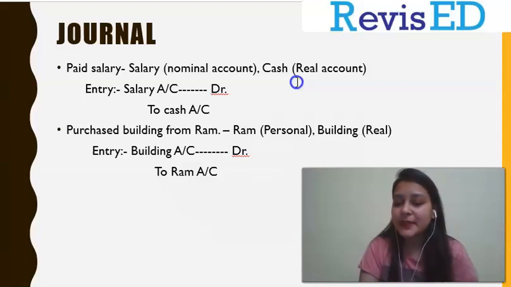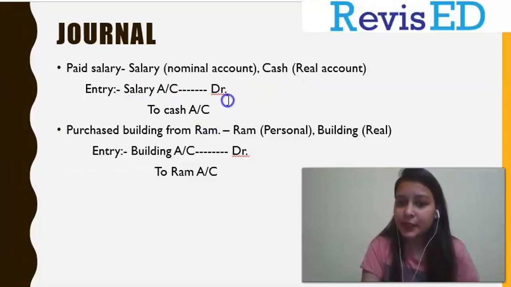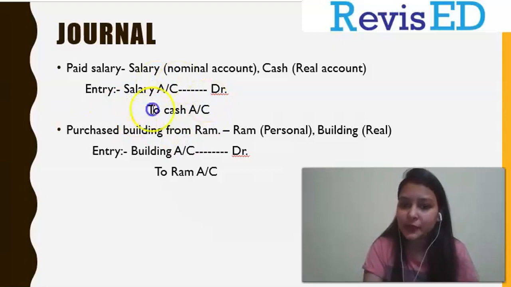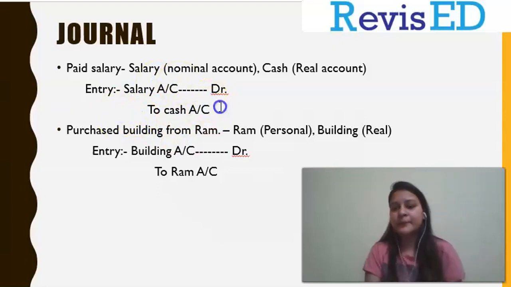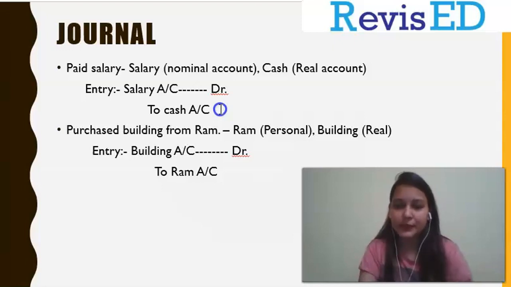अब हमारे पास से पैसा गया है, हमने सैलरी पे किया है, तो हमारे पास से तो पैसा गया ही होगा टू कैश अकाउंट. सो द एंट्री वुड बी सैलरी अकाउंट डेबिट टू कैश अकाउंट. दिस वर्ड टू कैश अकाउंट इज बेसिकली क्रेडिट आइटम, और जब हम डेबिट करते हैं सो वी राइट इट, दिस इज द फॉर्मेट सैलरी अकाउंट डेबिट टू कैश अकाउंट. उसके बाद नरेशन आते हैं, that we are going to discuss in the journal entry chapter.